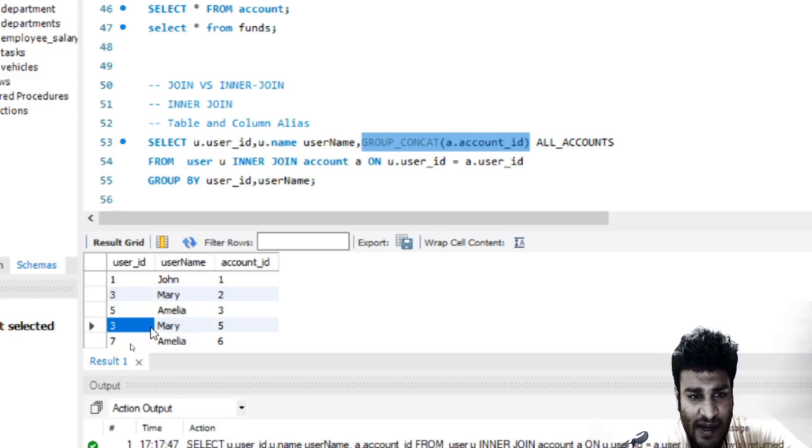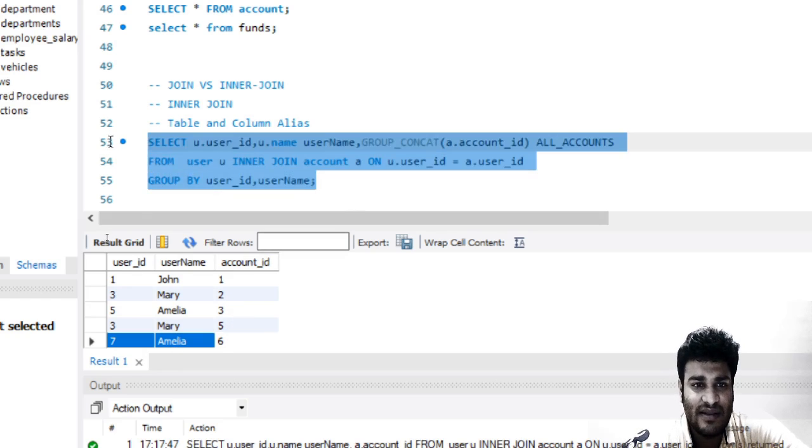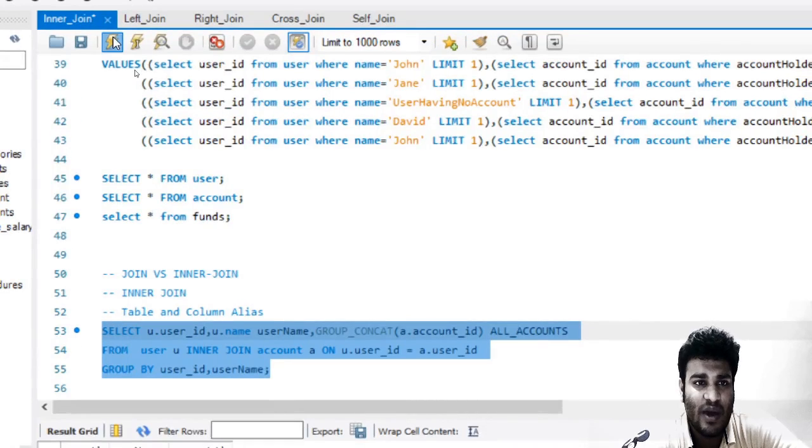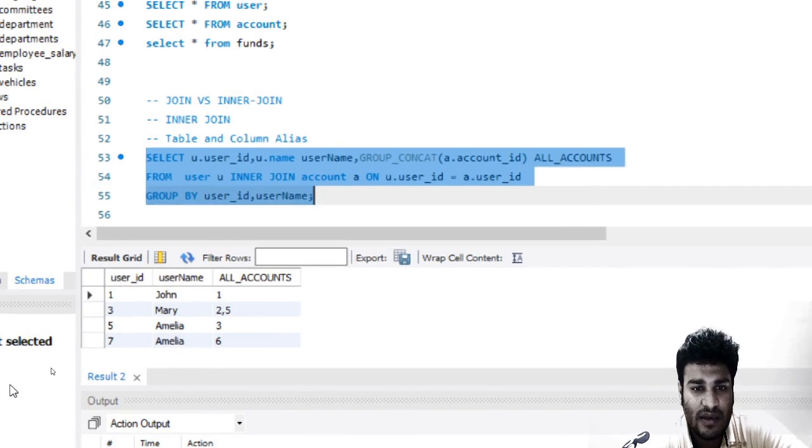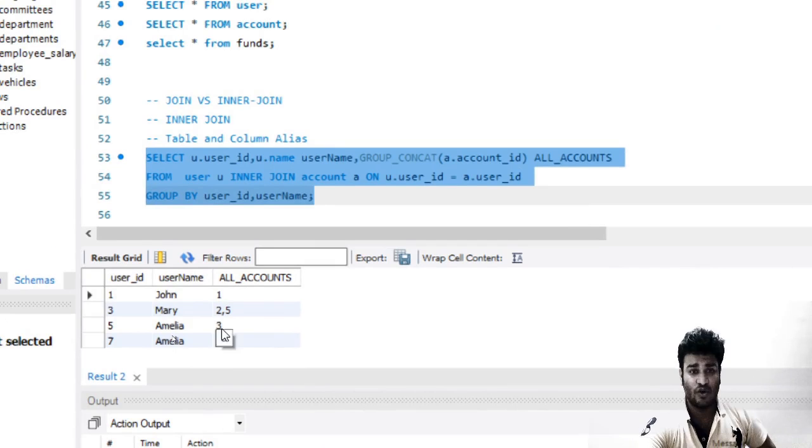These two are the same, right? When we combine these two, 3 and Mary, these two are the same. So this has two values. Similarly 5 Amelia and 7. So what will this group concatenate do? Group concatenate will just concatenate 2 and 5. So again, when I run this particular query,